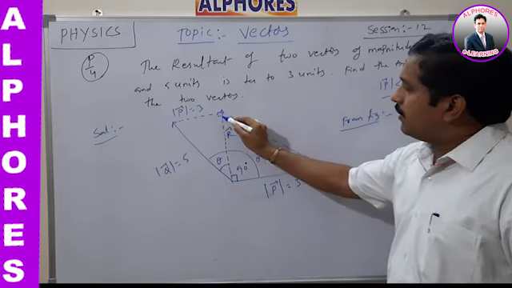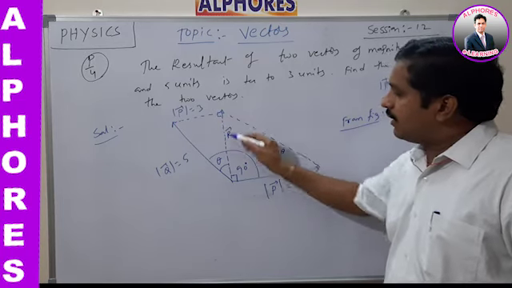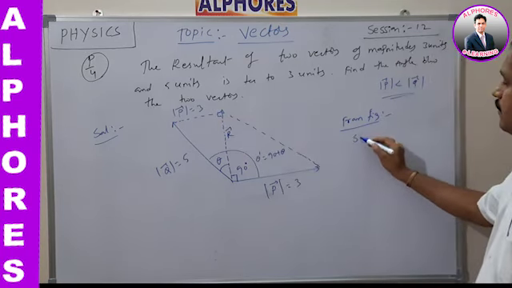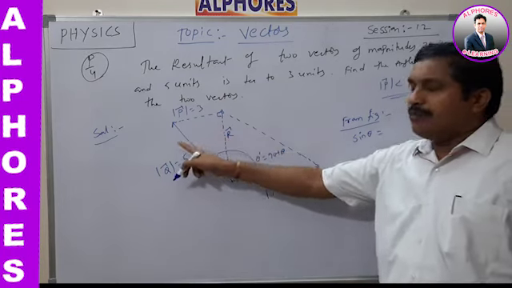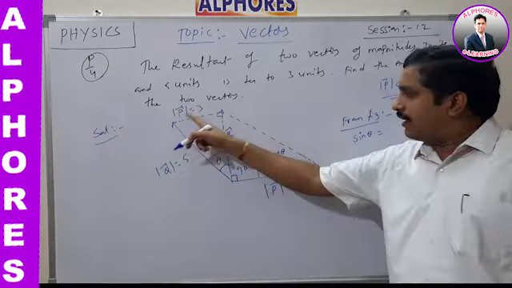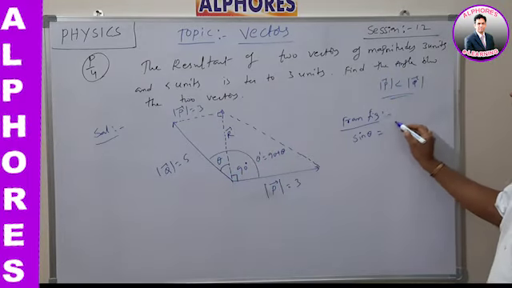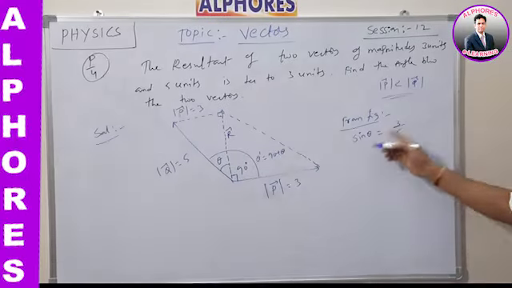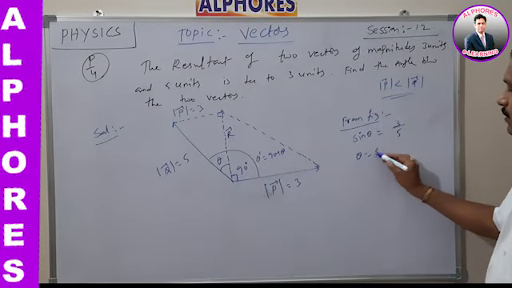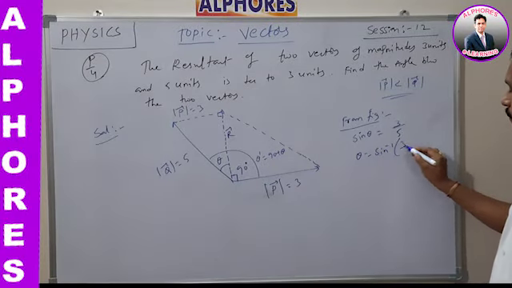So it is perpendicular, no? That means this is a right angle triangle. That means what is the value of sin theta here? Sin theta is equal to opposite side by hypotenuse. About this right angle triangle, sin theta is equal to opposite, how much? 3 by hypotenuse is 5. Okay, that means sin theta is equal to 3 by 5, means theta is equal to how much? Sin inverse 3 by 5.